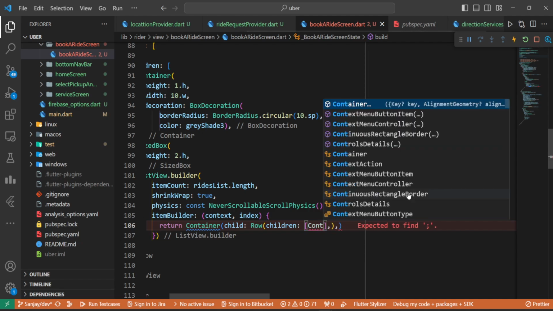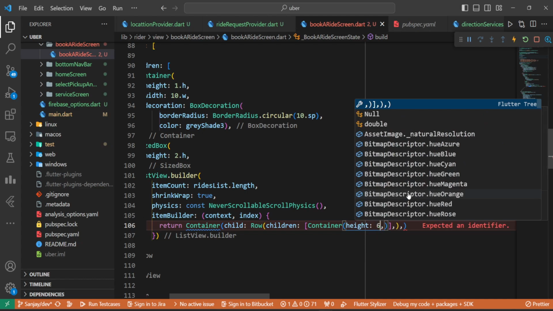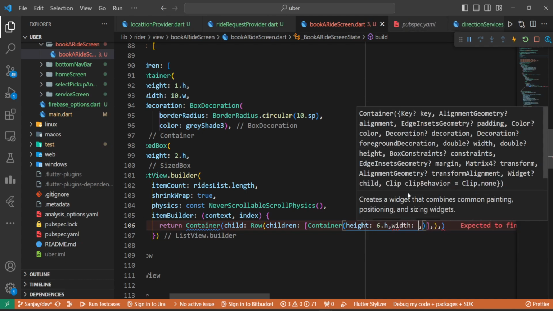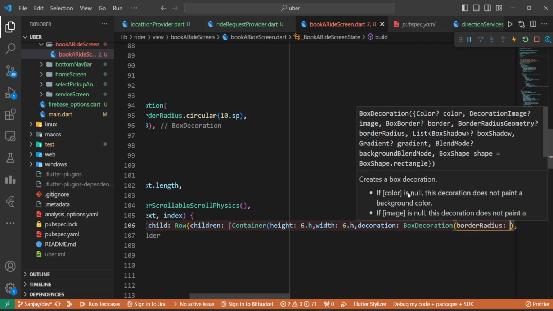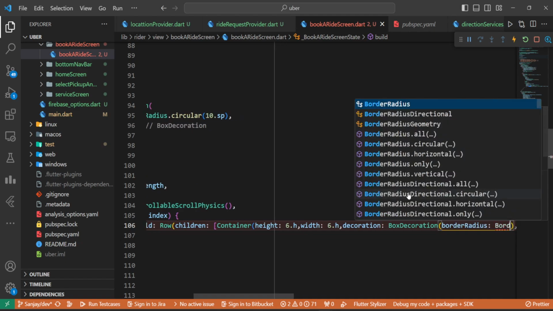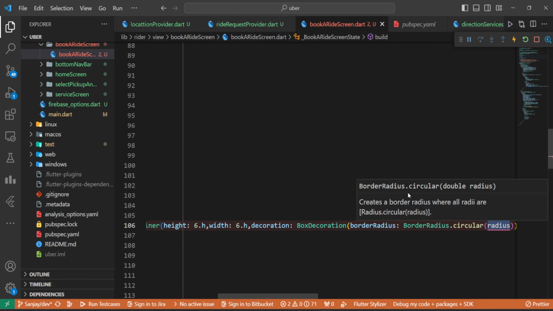So here we'll go with container height, let's go with 6.h, width let's go with 6.h, decoration box decoration, border radius dot circular,